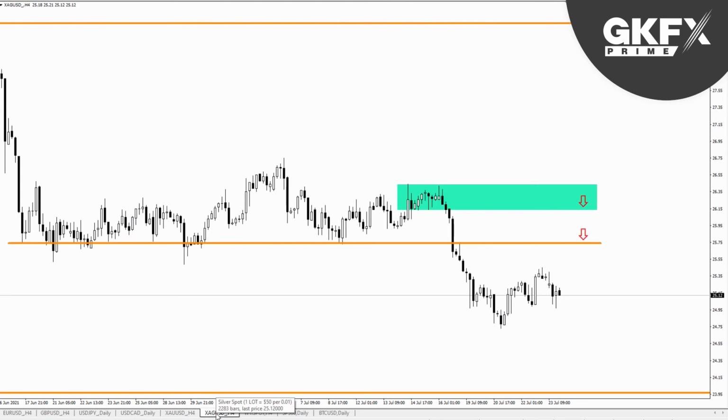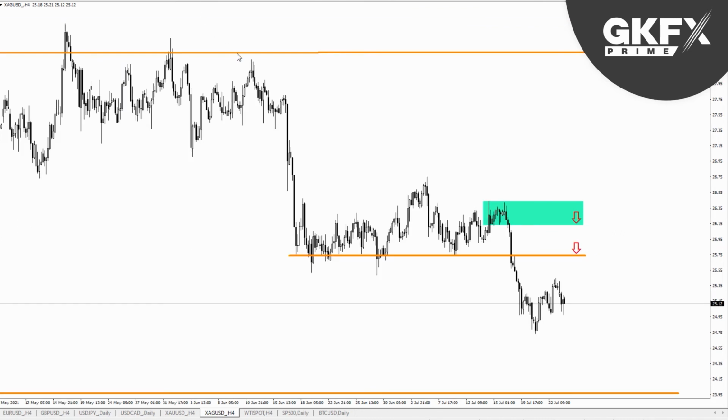Moving gears to silver, and let me just drag this out a bit to give this chart some context. So we had a big leg lower. We had a period of consolidation, and then we've had another leg lower. If we can get a bounce up towards, which has not been really a perfect area of support exactly, but you can see it's where the first leg ended, and it's where this more recent low was. If we got a bounce up to there, it's about 25.70. Maybe that would be a sell opportunity, assuming that this leg lower continues,